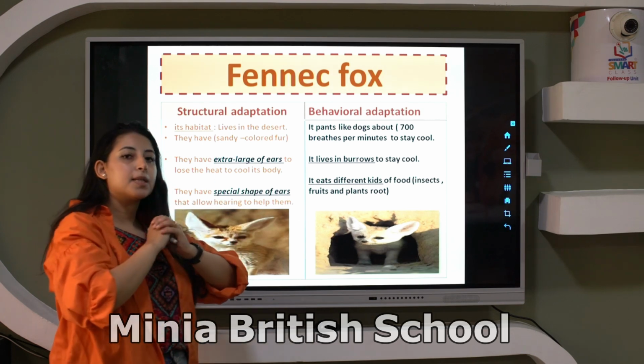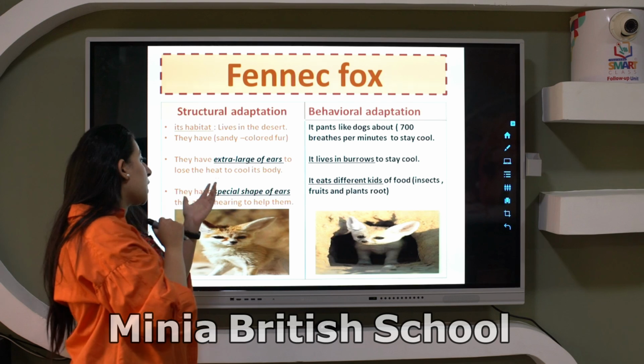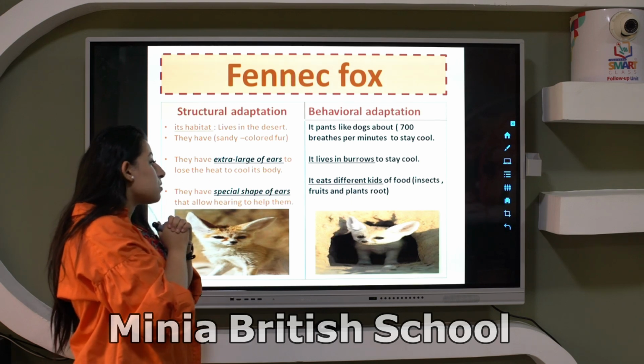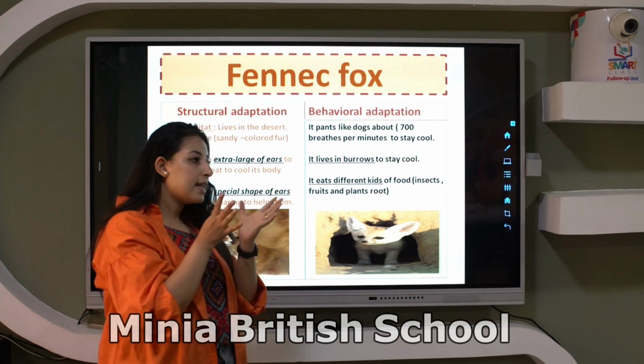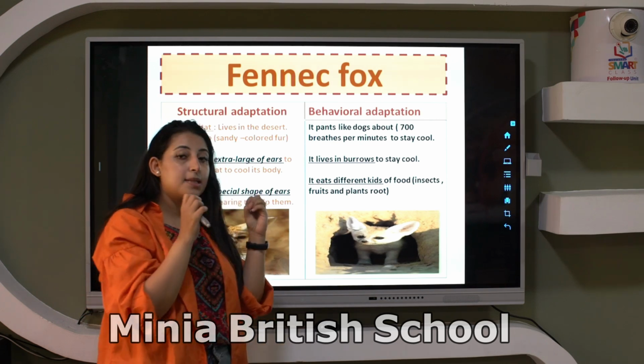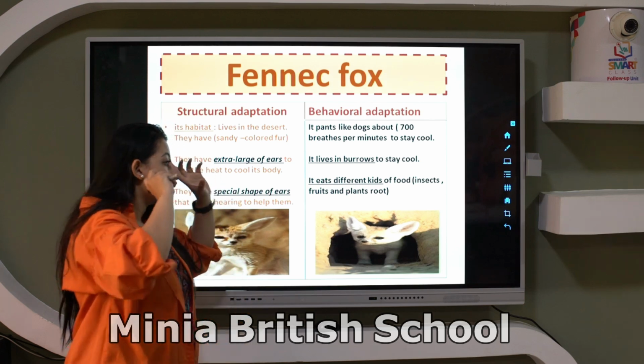To keep its body cool. Okay. It also has special ears. What is the meaning of special ears? No animal has these ears. Why? These ears